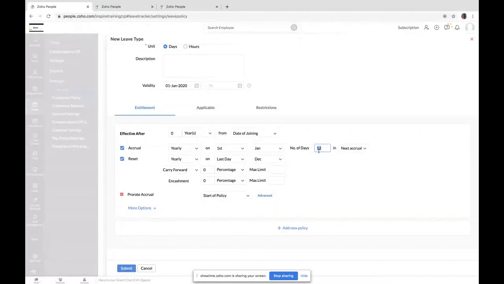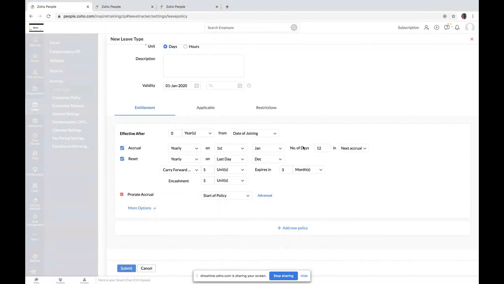So assume a case where I have 12 days of accrual to all the employees and reset as yearly on the last day of December, and carry forward with some expiry, carry forward of 5 units which will expire in 3 months, and encashment of 5 units.